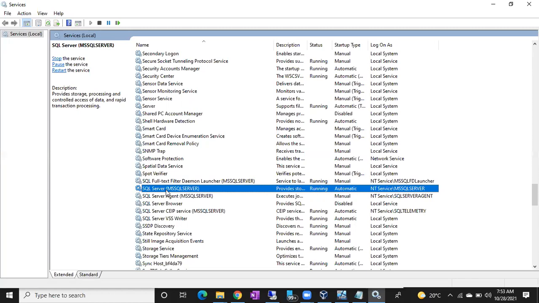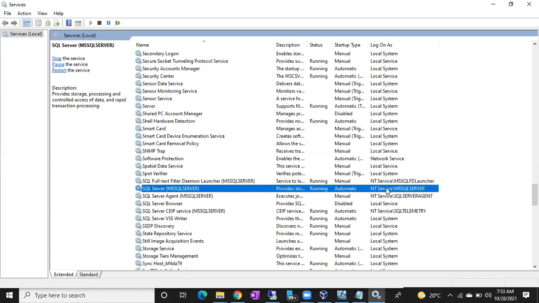If you see here, NT Service MSSQLSERVER. These are virtual service accounts. We have 3 types of service accounts. One is the default service account. Second is virtual service accounts. Third is your customized service accounts.